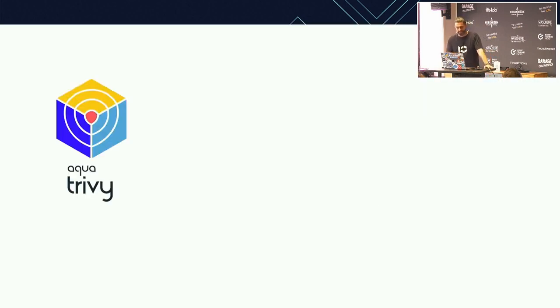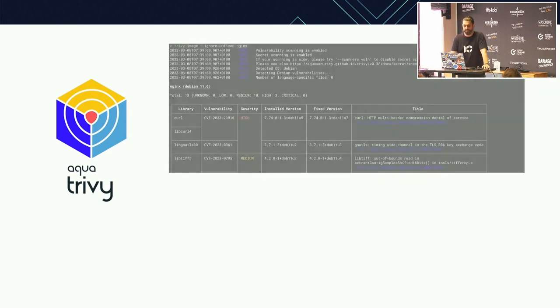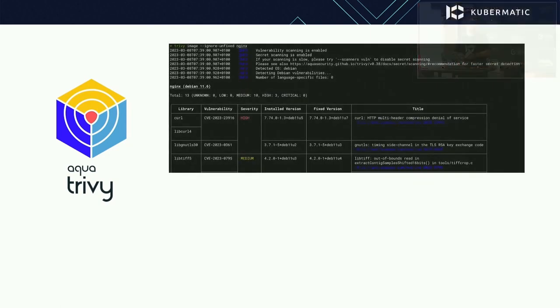And you should also do image scanning. There is a tool called Trivy. For example, if you check for Nginx, by default it gives you lots of vulnerabilities which maybe you cannot do anything about. So it's also another discussion what you should do with all the vulnerabilities reported from your images, right? This is also an issue.